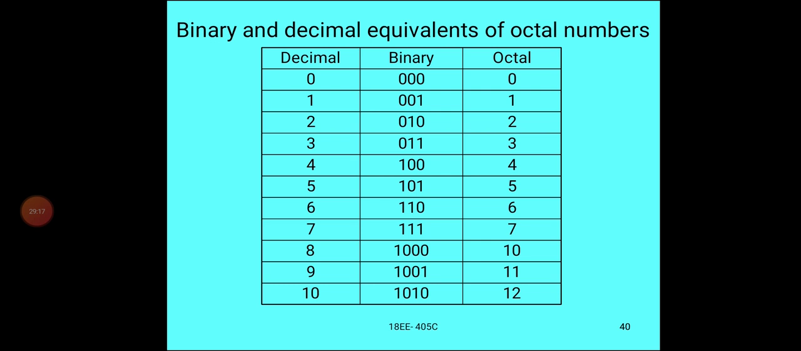Binary and decimal equivalents of octal numbers. 0 is binary 000, octal is 0. 1 is 001, in octal it is 1. 2 means 010, in octal also 2. 3 means 011, in octal also 3. 4 means 100, octal is 4. 5 means 101, octal is 5. 6 means 110, octal is 6. 7 means 111, 7. 8 means